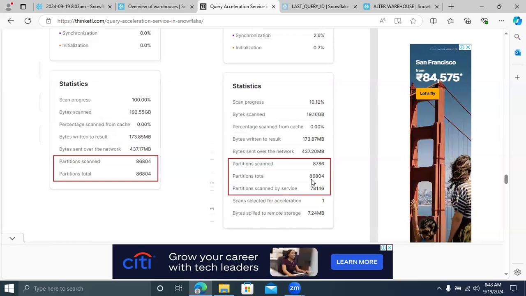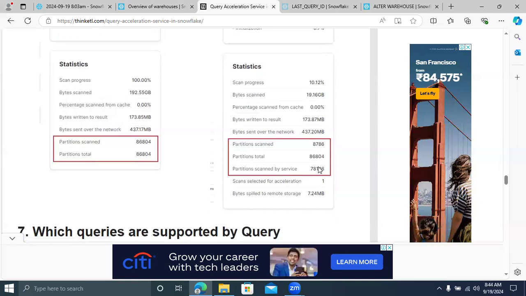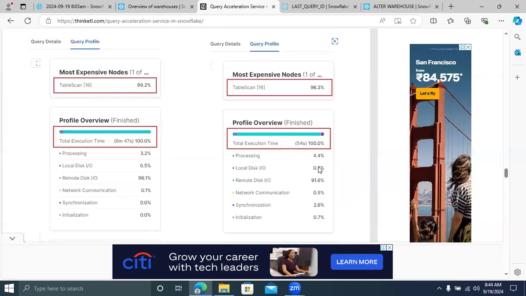If you are using scale factor 8, you divide by 8, and each warehouse will take 8,786 partitions and one more warehouse will take another 8,786 partitions. Now the 8 warehouses each have a different partition scan and give the results much faster. Good. This is how you can increase the performance.